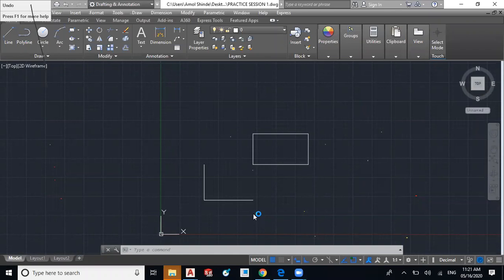I have shown how to select the units from the architecture. If you want to use inches, then you can select inches as well.